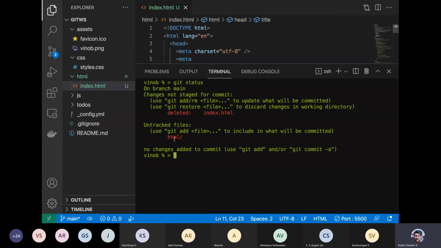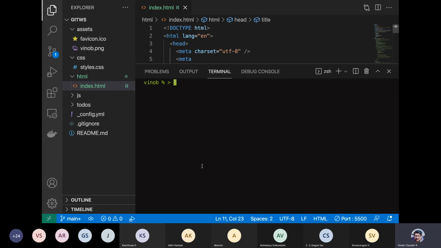Okay, it says untracked file. This is untracked. Let me just do a git add for now. So this got renamed. If I do a git status, it got renamed.